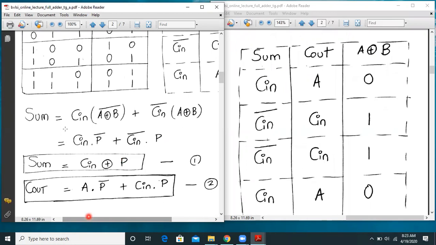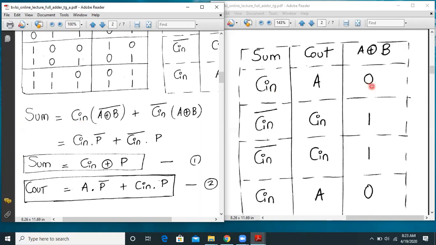So my sum expression, we will check it for all the conditions. Sum is equal to Cin into A XNOR B, so basically A XOR B the whole bar. What it means is, whenever Cin is 1, sum is 1 when A XOR B is 0. So basically you can put a bar over it.